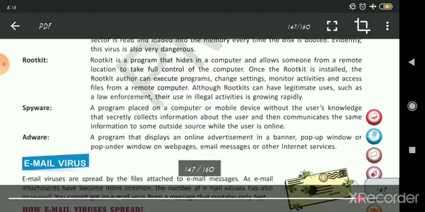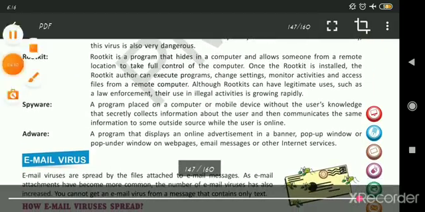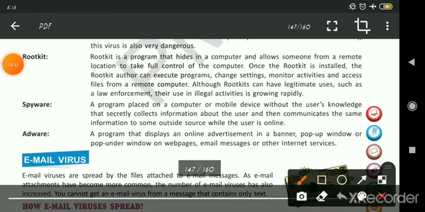Next one is rootkit. Rootkit is a program that hides in a computer and allows someone from a remote location to take full control of the computer.